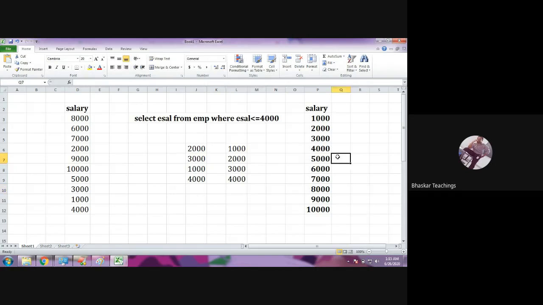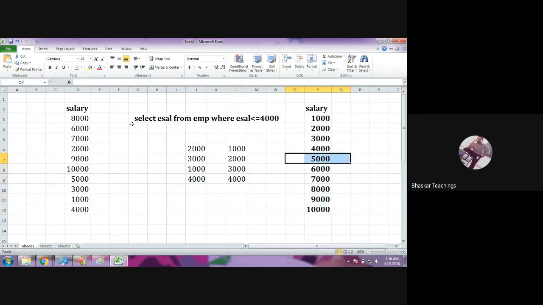Next comparison, 5000. So it will stop here because the data is arranged in ascending order, right? We are not going to get any salary which is less than or equal to 4000 from here onwards. There is no chance for any salary in the remaining data to be less than 4000. Therefore the comparisons will stop here.